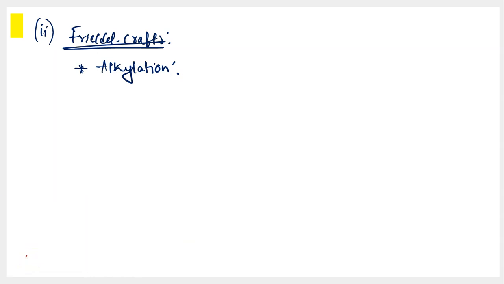Let it be alkylation or acylation, there are a few things in common, like reagents are common, and the steps that we take in order to write the product is also common. You will understand that commonality in some time. So first let us write alkylation. For alkylation, I'm again taking aryl alkyl ether. Now if you're confused about why am I taking aryl alkyl ether in every case and not alkyl ether or dialkyl ether, the electrophilic substitution reactions are characteristic of aromatic rings like benzene. So if you're having dialkyl ether, these electrophilic substitutions are not possible. We are talking electrophilic substitutions in case of aryl alkyl ethers.